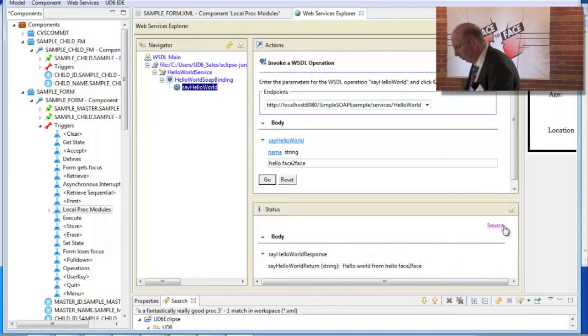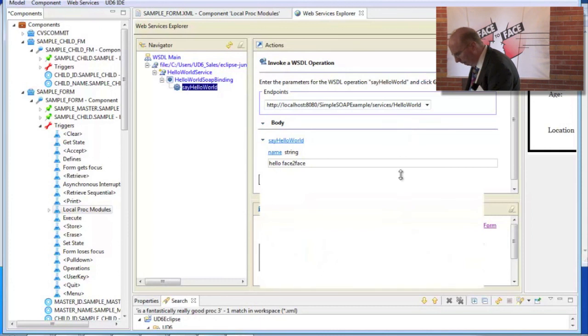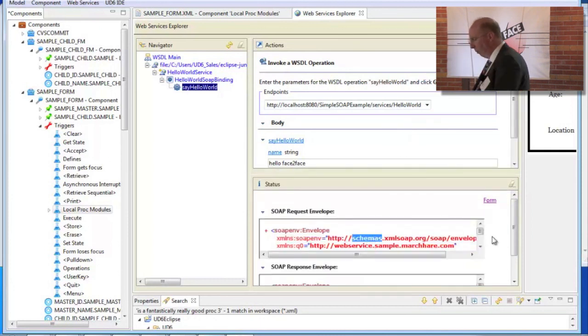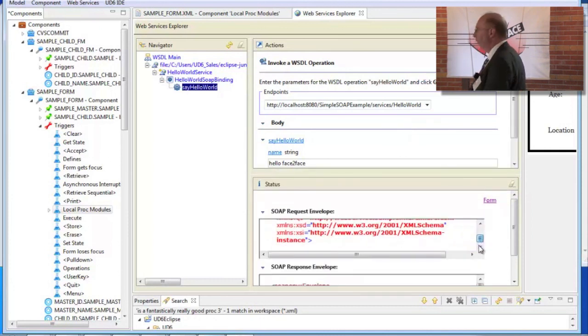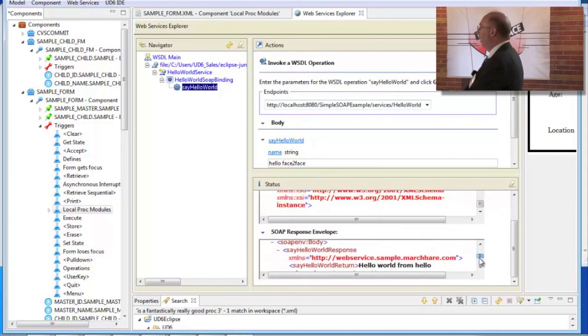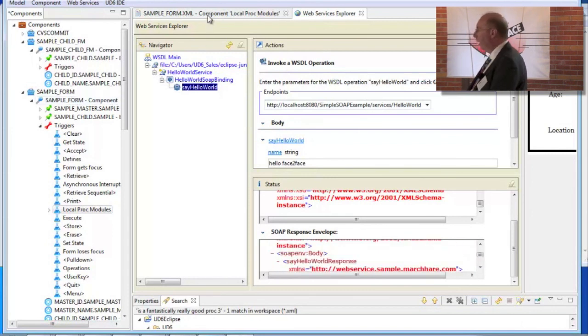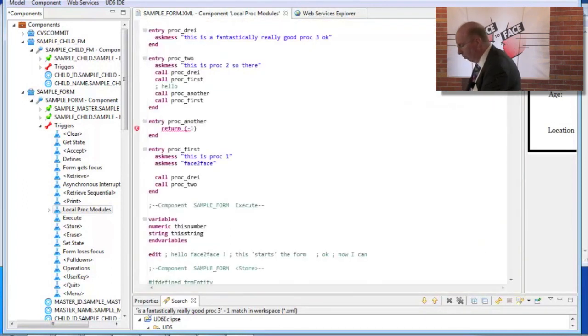You can look at it in text format, or you can actually look at the SOAP envelopes. So you can very quickly write a service in Uniface, test it in the Web Services Explorer, switch back, get into your code, recompile it, switch back, backwards and forwards. And when you're all done,